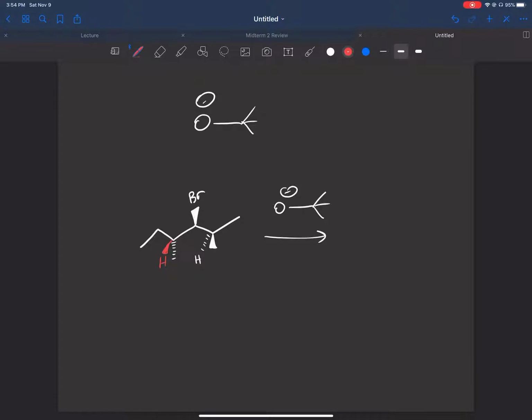So which hydrogen are we going to take in this case? Well, again, remember, we take the hydrogen always of opposite stereochemistry, and we try to form the least substituted double bond. Now, in this case, there is no way to form the least substituted double bond, only because whichever double bond you form, left or right, it's going to form an equally substituted double bond. But again, we can only grab the hydrogen that's opposite stereochemistry. So in this case, since the Br is wedged, we're going to grab this dashed hydrogen,